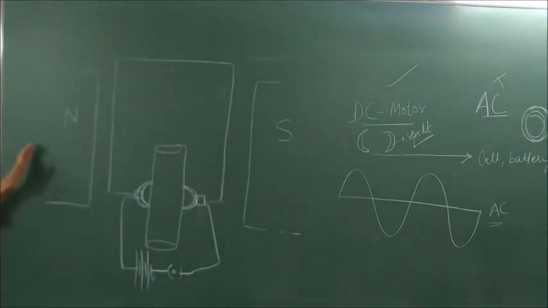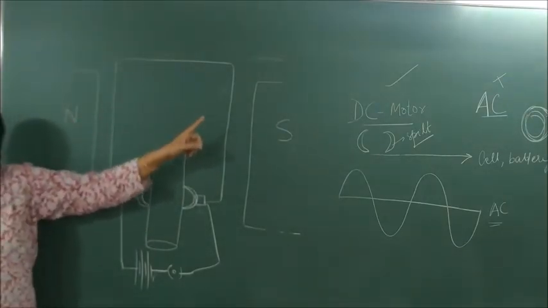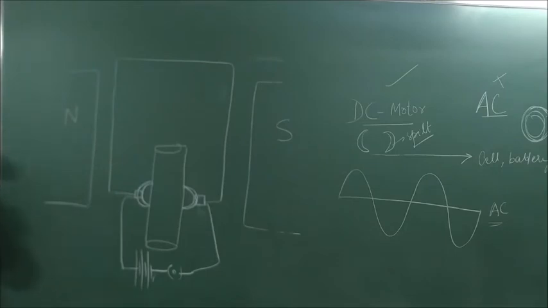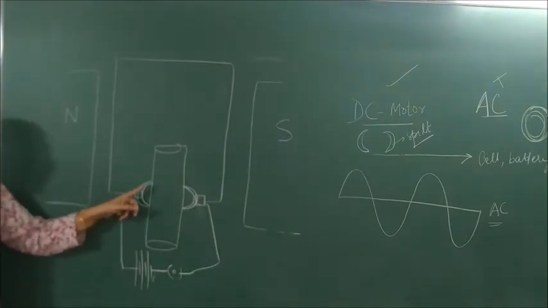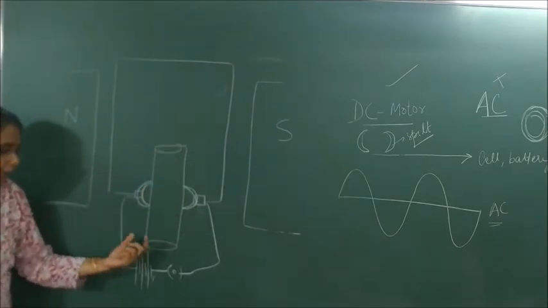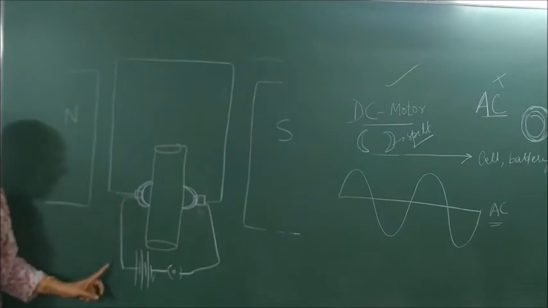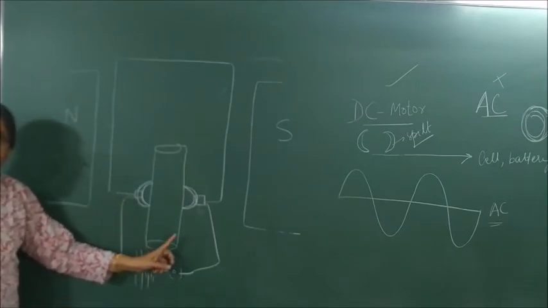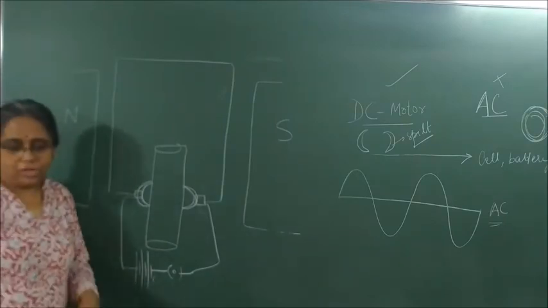In there, two different poles of a magnet, an armature coil. What is an armature coil? A solenoid or an electromagnet, or a soft iron core wound with copper turnings. It is then connected to what? A carbon brush and a split ring which is mounted on an axle. The split ring or the carbon brush is then connected to a cell or a battery using a plug key. Okay, so write your construction now.